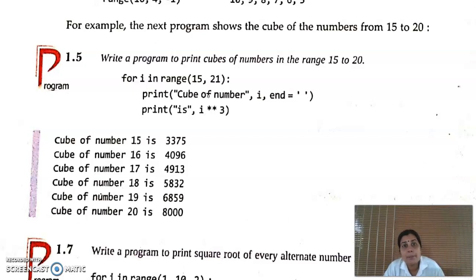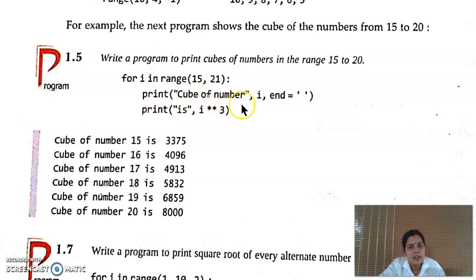A for loop is used for repetition from 15 to 20. That means we have to find the cube of 15, cube of 16, cube of 17 and so on. So 15 to 20 means in our for loop there is a function known as the range function. But we have to calculate cubes of 15 to 20, up to 20, so the range is up to 21. So here, for i in range(15, 21) means 15, 16, 17, 18, 19 and 20 will be the values for i.